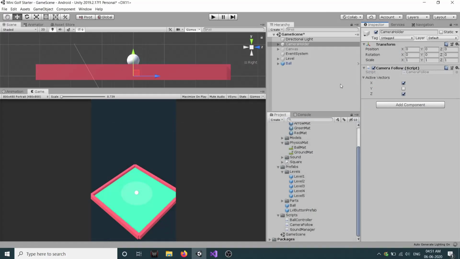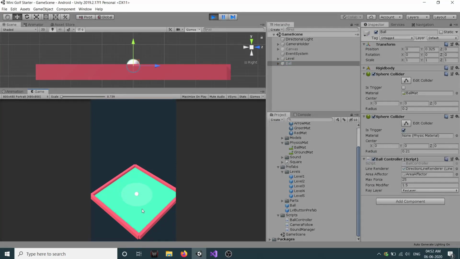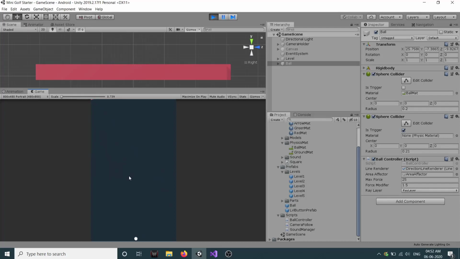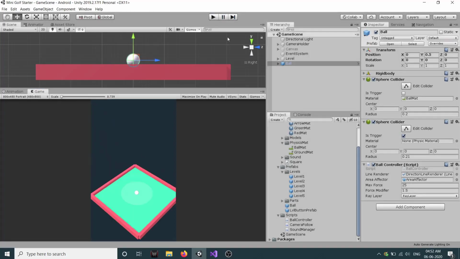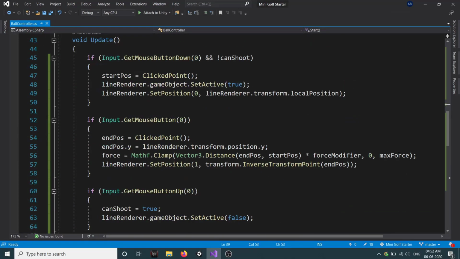So let's save and go back to our editor. And now if I click, one thing guys, if I click and if I move only like this, then we get some error while showing a direction. We need to drag it a little more. So you can add some threshold which makes sure that if the drag is below this much limit, we won't consider it as a drag. So as you can see here, if I shoot, our camera is basically following it. So let's stop this, go back, and let's close this camera, we don't need this.